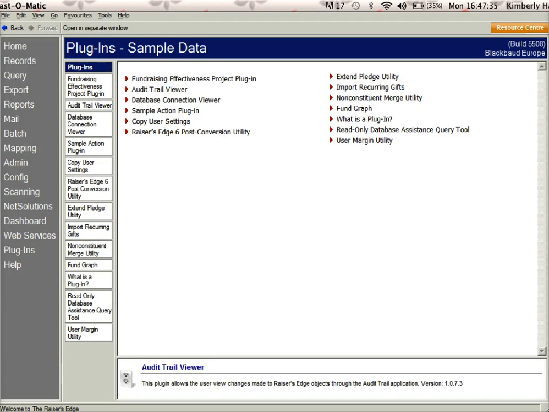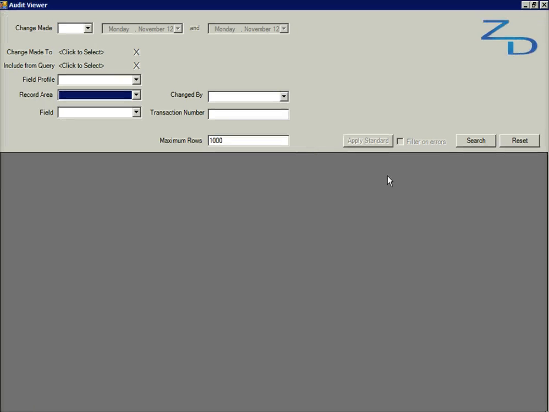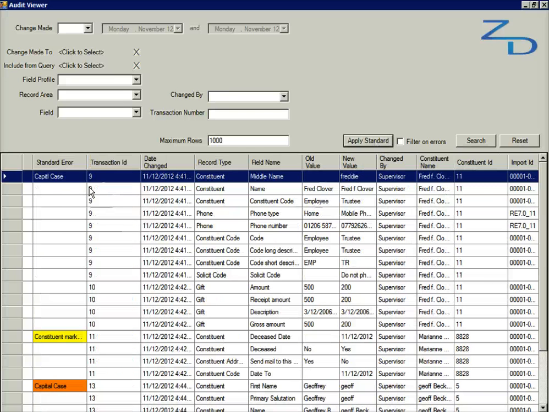Today I'm going to show you our new features for Audit Trail Pro. So first of all, let's open up the Audit Trail Viewer in the Razor's Edge. And if we hit search, as usual, we'll get a big list of the changes that have been made in the database recently. Now we've still got our Apply Standards button, and if we hit that, then we'll be shown